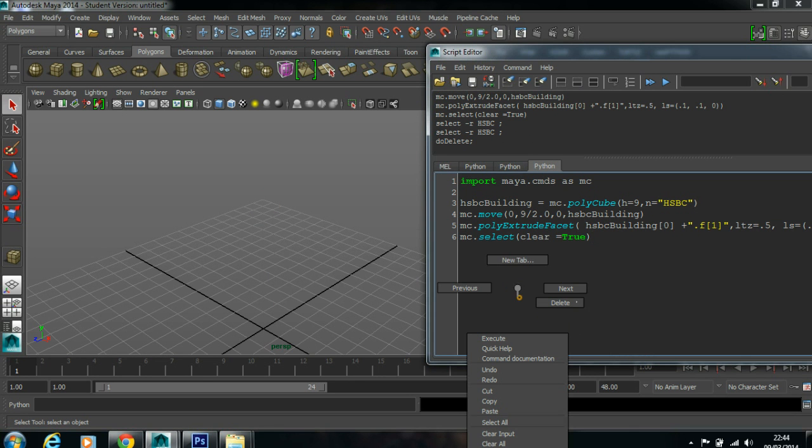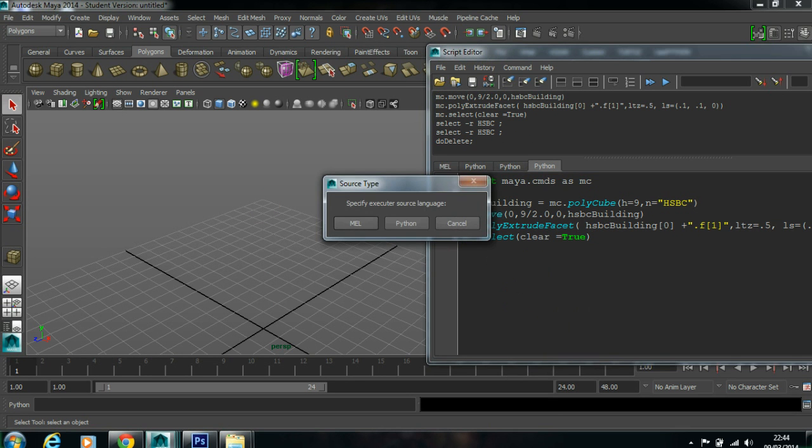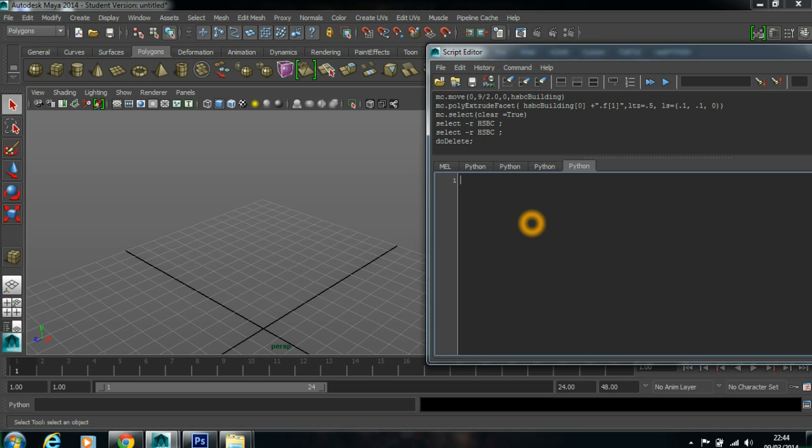So to start it, I'll just create a new tab, Python. By default, you need to write import maya.cmds as mc. Okay. Now I'll just give some spacing so that I can write. Now I'll create mc dot